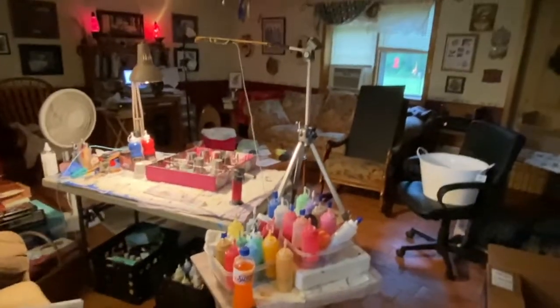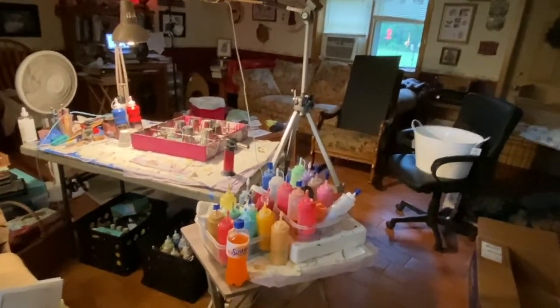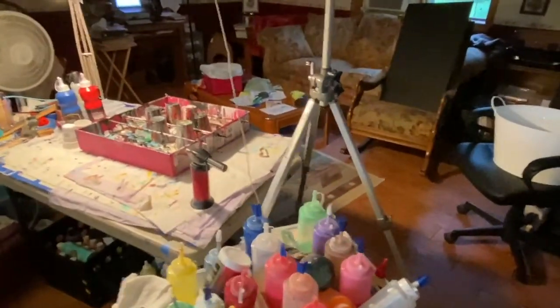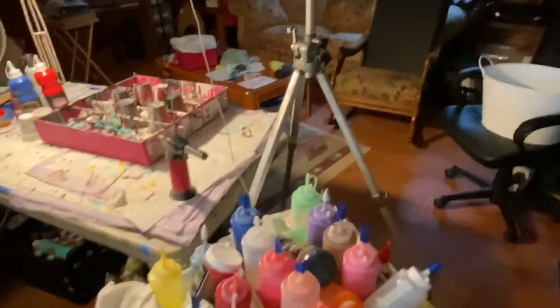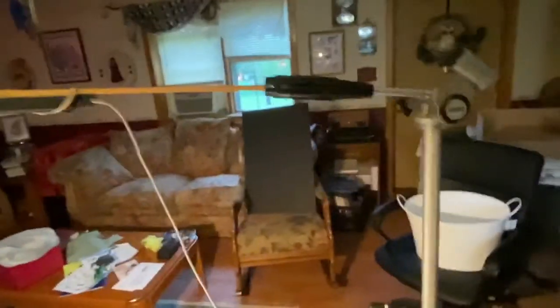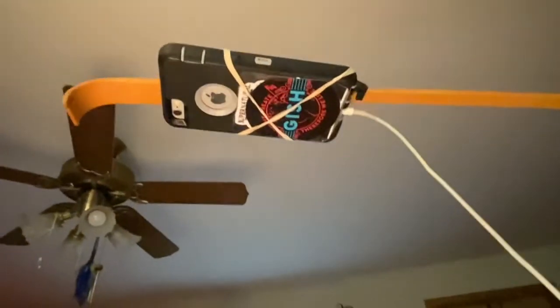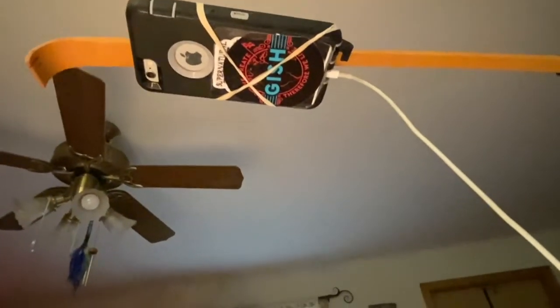So this is my awesome setup. It was not so much of not having the camera angles as having the right equipment to do this. So I had to get creative and figure out how in the world I could pull this off. So, photographic tripod, an excellent bamboo back scratcher, my old iPhone attached to said back scratcher with a rubber band,